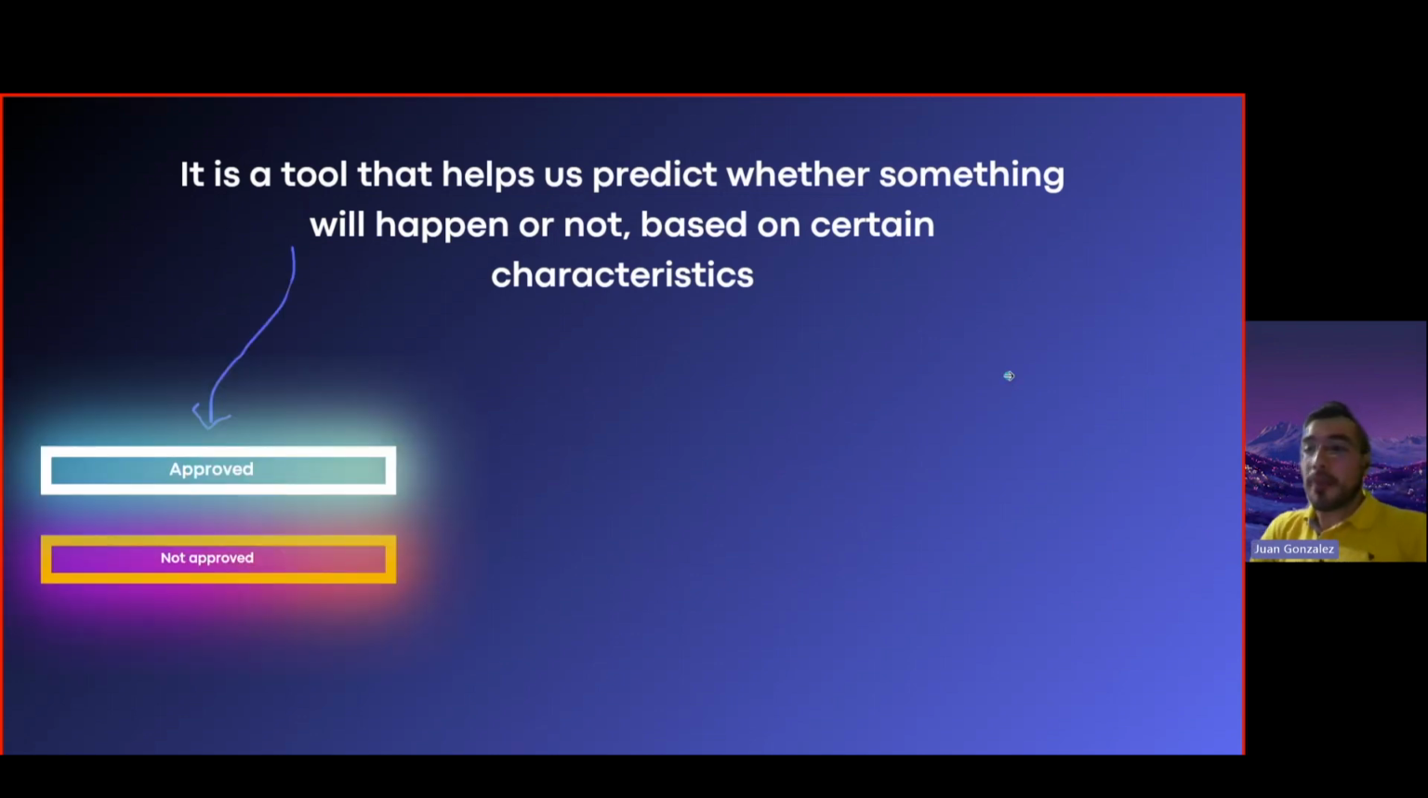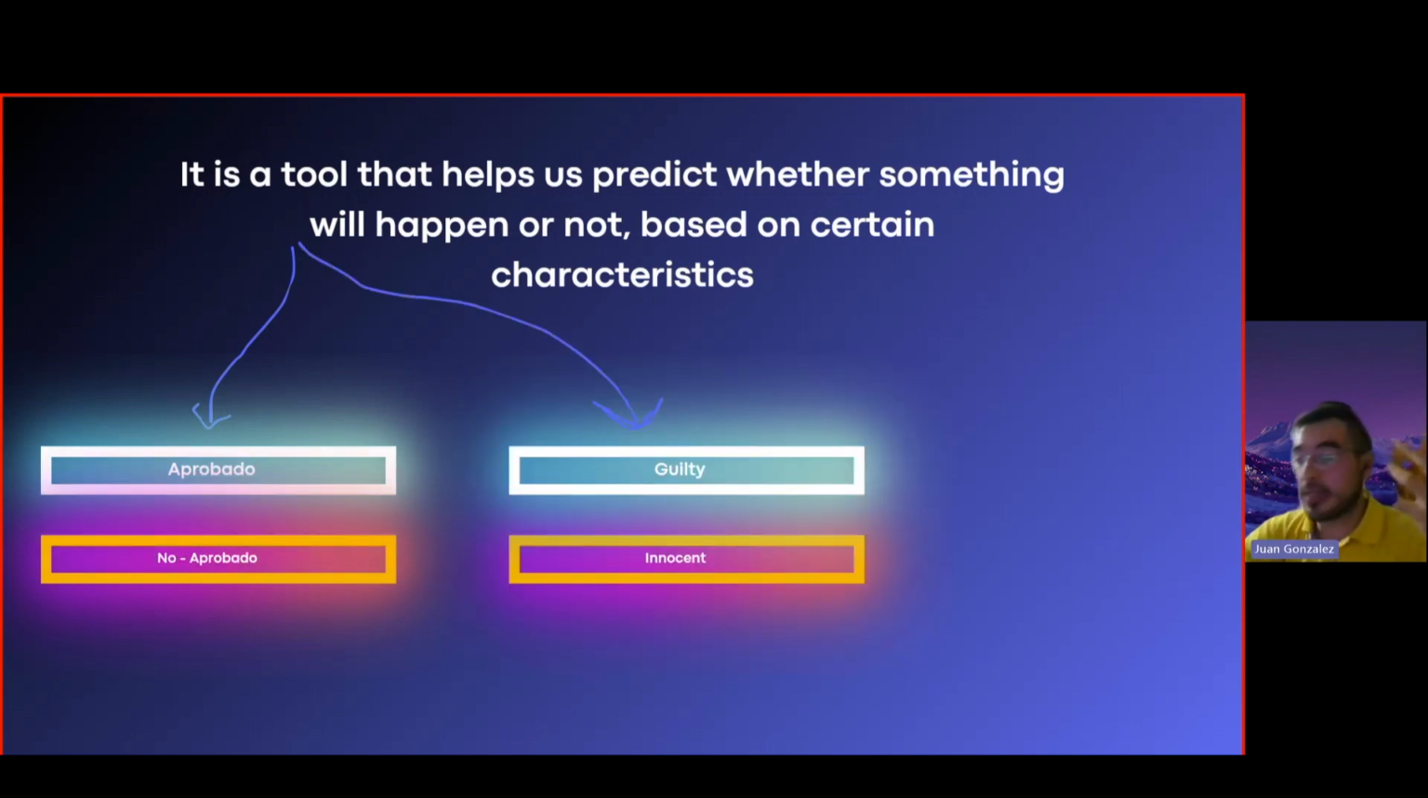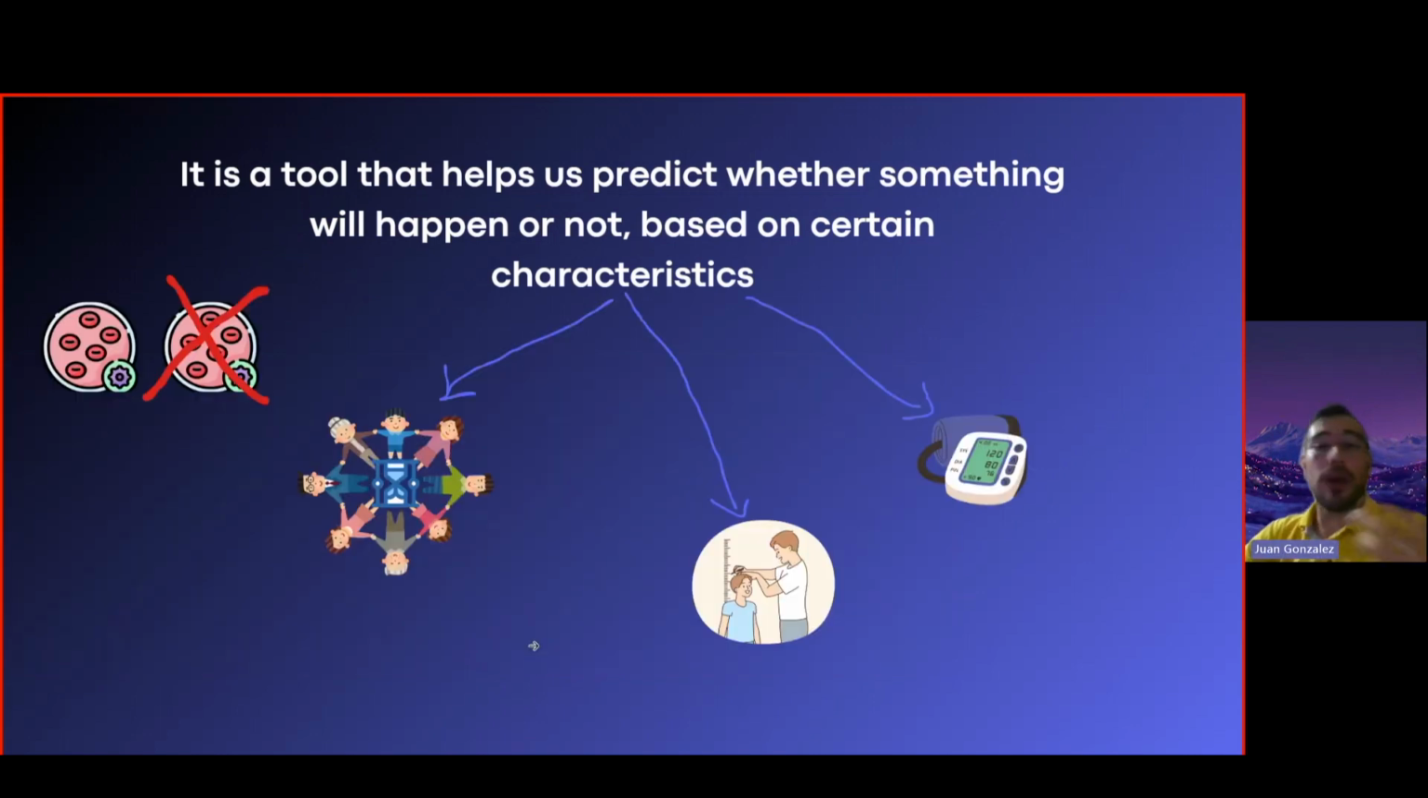What can we predict? For example, for a bank approval, whether we are going to be approved or not approved, or even whether a person or a situation is guilty or innocent. And what about the characteristics, the features? If we are trying to predict cancer in some person, the response variable is going to be cancer or not cancer, based on family health history, weight, height, heart pressure, and all of those things that can answer our